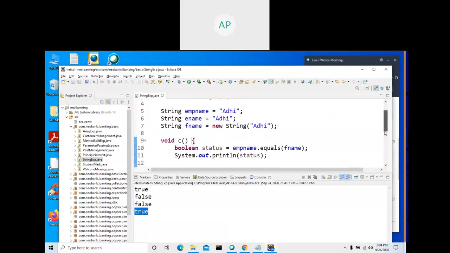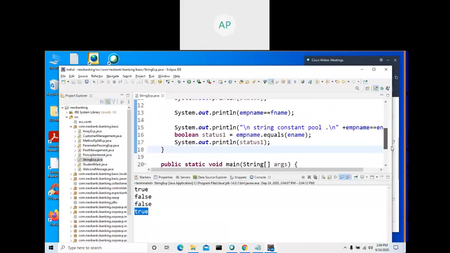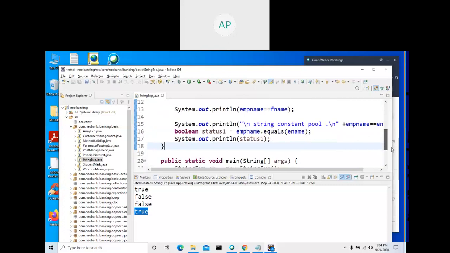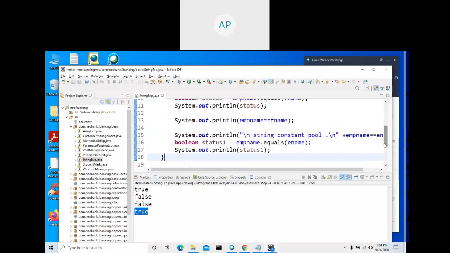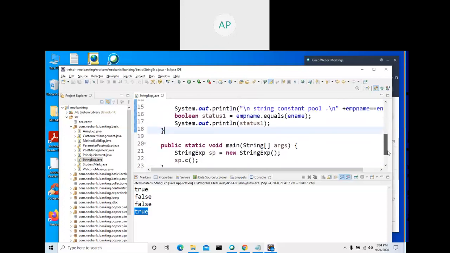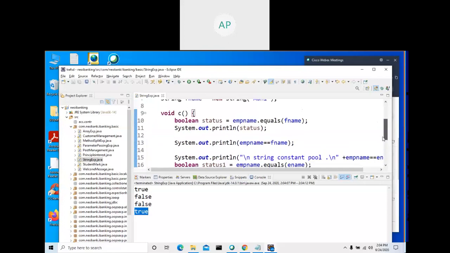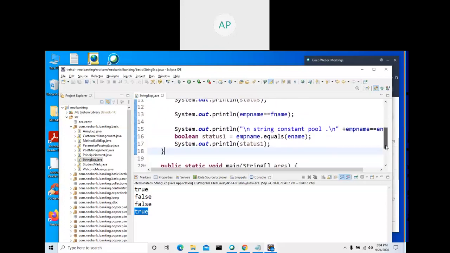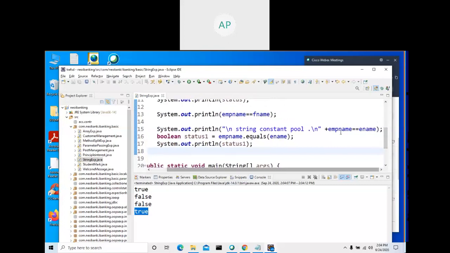See here, true, false, false, true. Where is false, true? Here we are checking EMP name equals this one and double equal to F name.